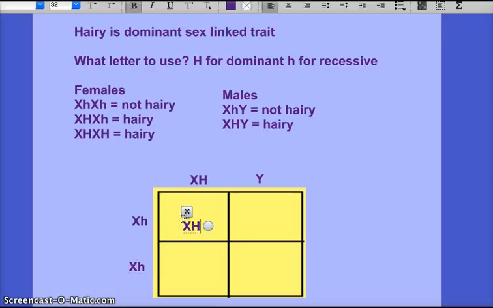The first probability for females is that they will have it. The second is that they will have it. The male will be normal in both cases. So 100% chance of having a non-hairy male and 100% chance of the female